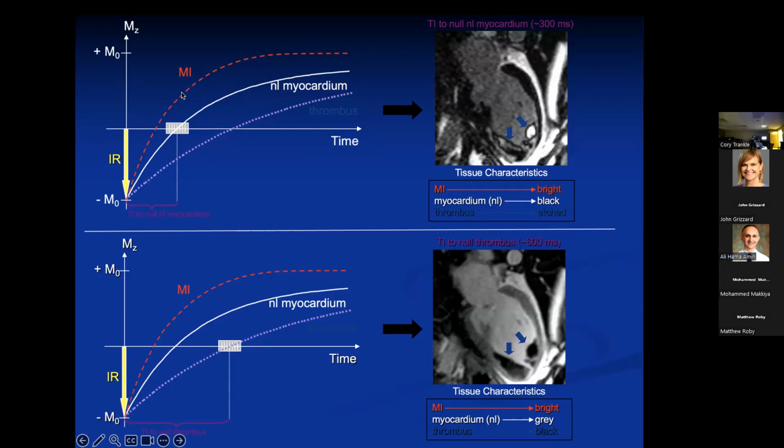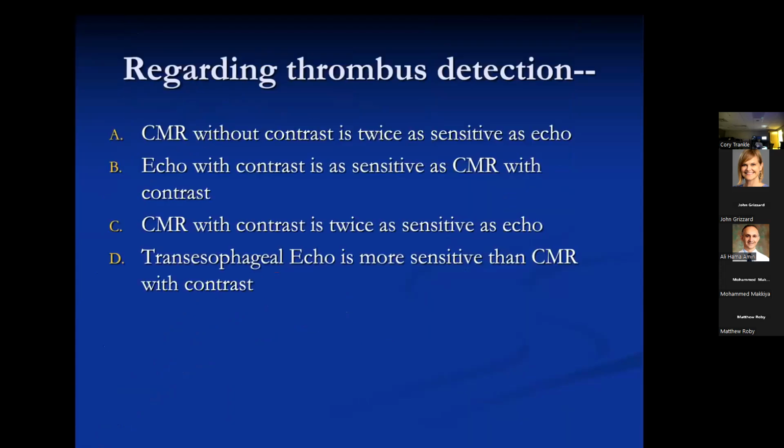Notice the infarcts are bright because they're above this area of infarction here. But notice that thrombus is almost equally far away from the zero crossing and is therefore bright. So this sequence only knows if you're at zero or if you're away from zero. And the further you go away from zero, the brighter white you get. So thrombus is bright because it's actually below the zero crossing line. It's away from zero. If you wait and image when the thrombus crosses the zero crossing line, then it loses signal, and the infarct and the normal myocardium have recovered and are above zero crossing. So that's why we do long inversion time images, right? It's to help detect the thrombi, avascular structures.